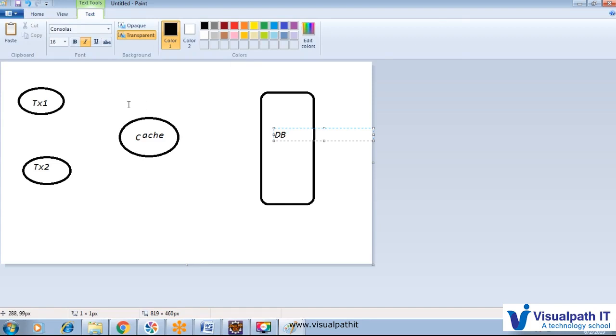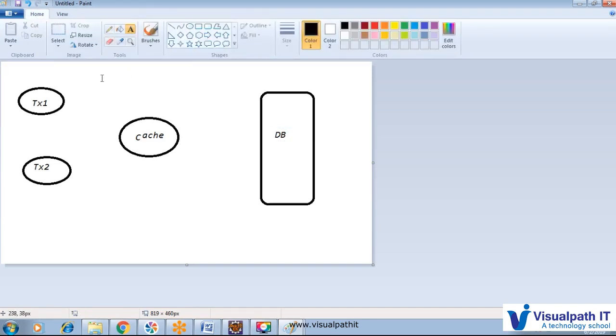So here what is happening is that the transactions are related to only one cache.